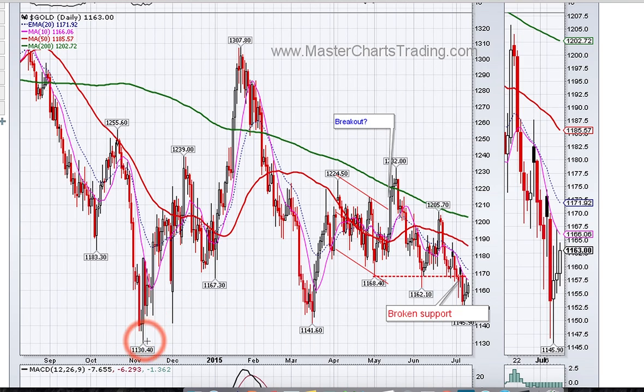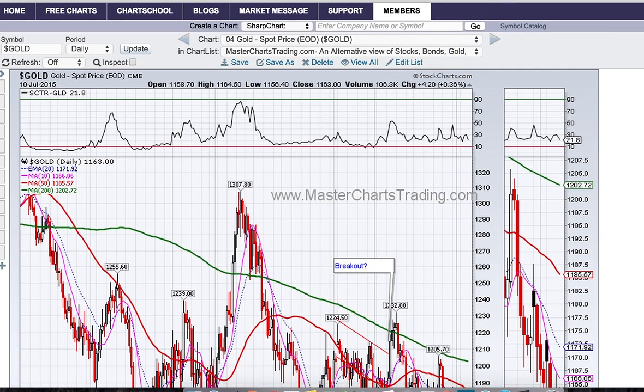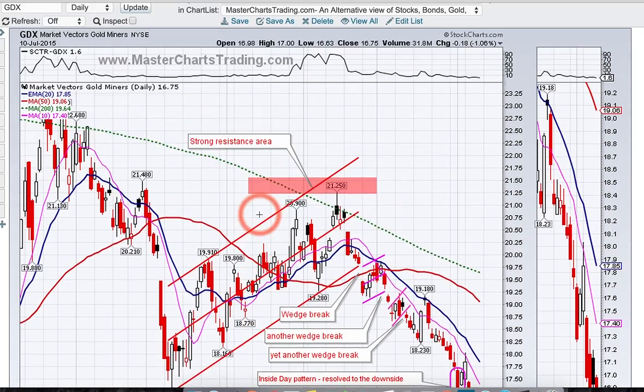I don't know if we'll break those lows, but if we break these lows from March, it's definitely not a good sign. For now, we're tracing out, I think, a bearish rising wedge. It was a big decline, a rebound. And if we break this wedge, then we are headed towards at least March lows and possibly even lower. Now let's look at GDX, gold